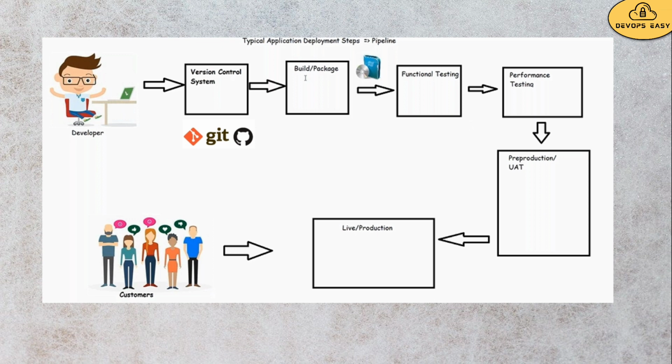So the developer will write the code and push it to the Git repository. Using that repository, we will take the code and generate a package. If it is Java, we will use Maven. If it is .NET, we will use MS Build. If the servers are there, well and good. If the servers are not present, we will use Terraform to create those servers. And after creating the servers, we will copy that.